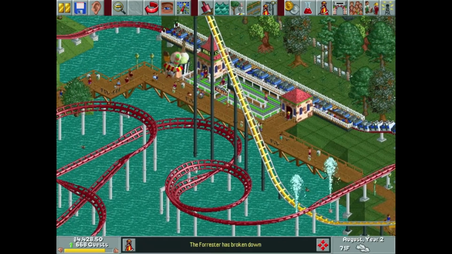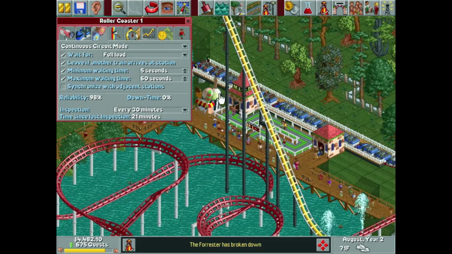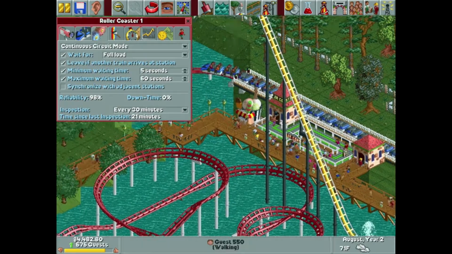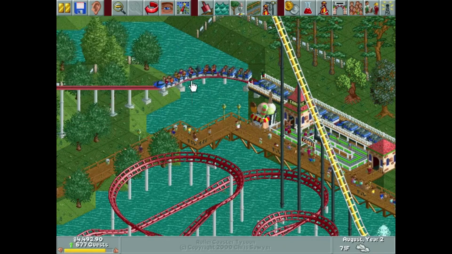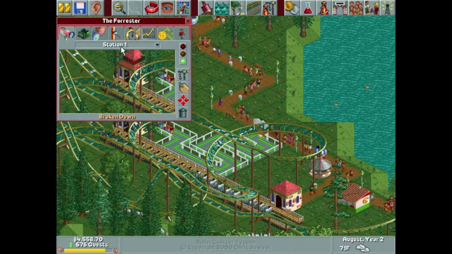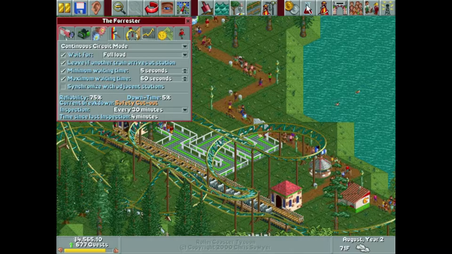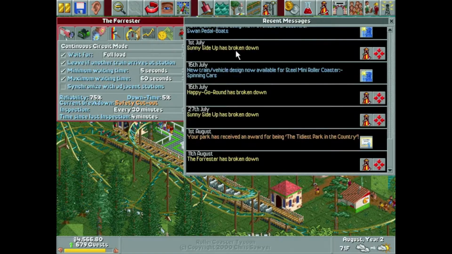Yup. What did I have this set to? Wait for full load. I'm going to leave if another train arrives. We've got enough trains. That shouldn't be an issue. I want to have this inspected every 10 minutes. Actually, while I'm at it, I'm going to make everything be inspected every 10 minutes. I don't see why not. How many mechanics do we have? 4 mechanics, and we've got...